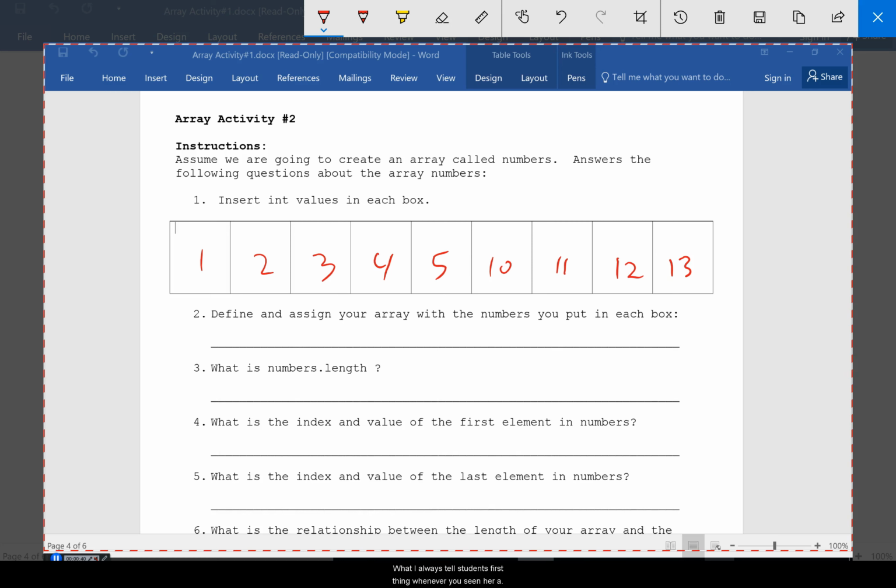What I always tell students, first thing, whenever you see an array, you always need to put in the index, okay? With programming, we always start with index position 0. You start at 0 and you count up, okay? A little different than usually you start counting 1, 2, 3, 4, 5, and so on. With arrays and with strings, you always start at index position 0. So right here, if we want to define an array of numbers,